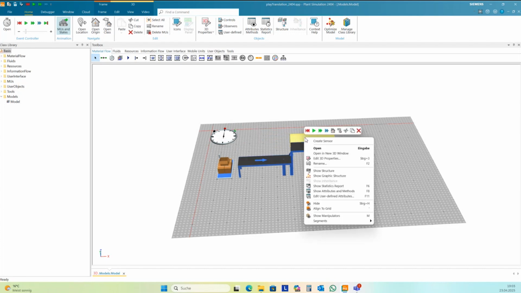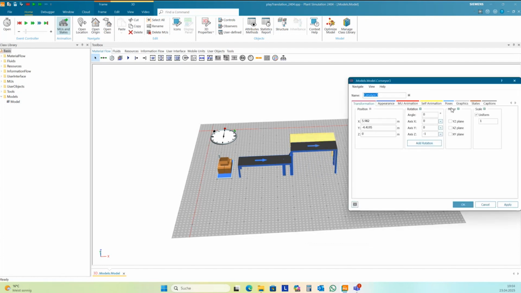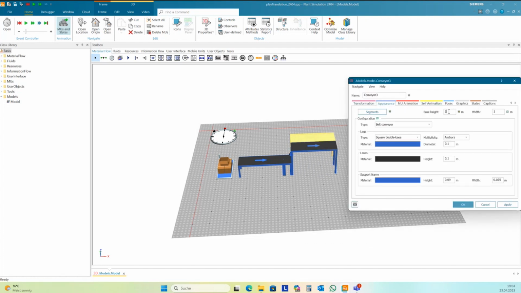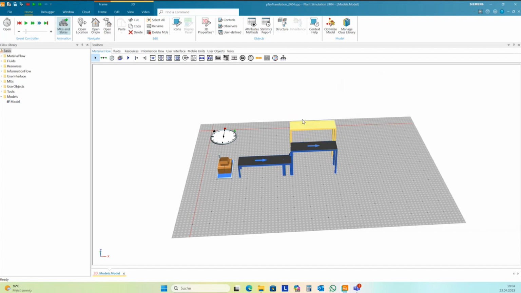And this conveyor should have a base height of 3 meters. And finally, we need a drain to destroy the parts.